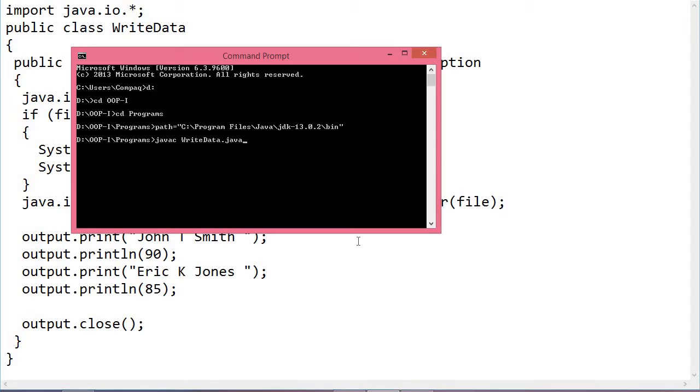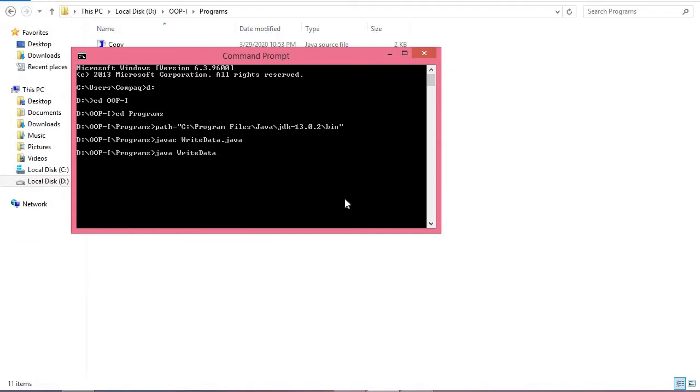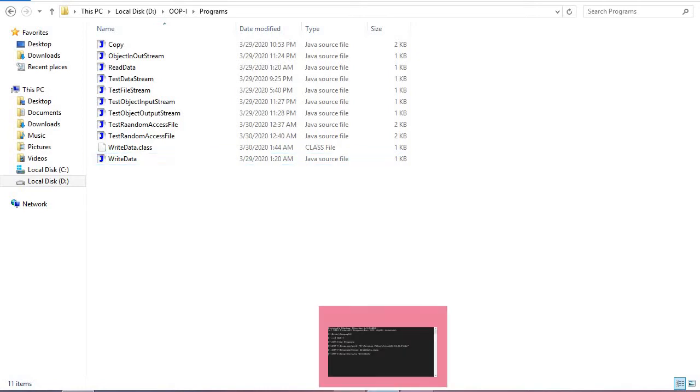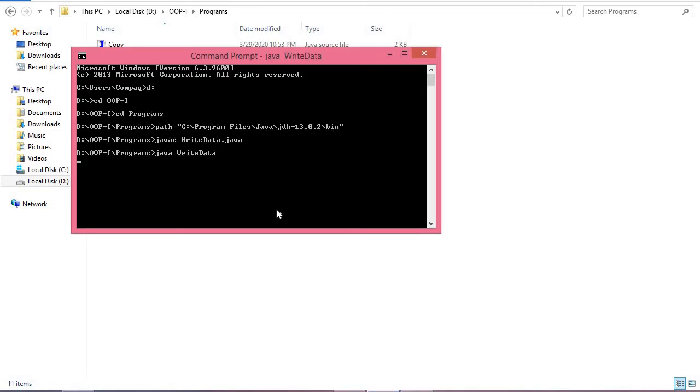Now let's run this code. This is WriteData.java. I'm compiling this program, and simply I'll run this code. But before running this code, let me show you the folder with the OOP1 programs. Here I don't have any scores.txt file, right? But when I run this code,